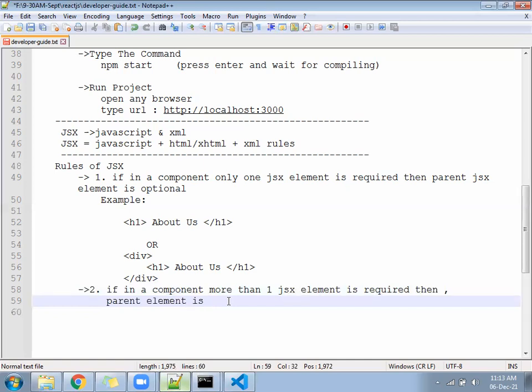If in a component more than one JSX element is required, then parent element is needed.